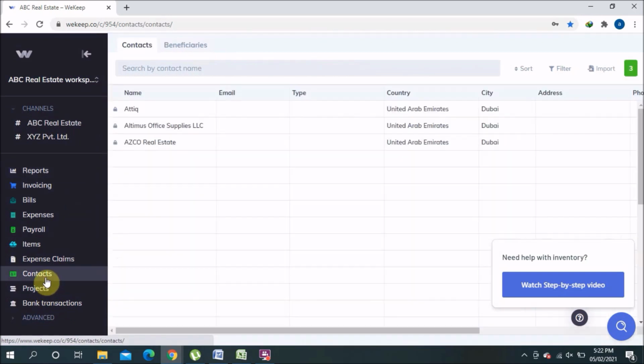Here you have to add contacts. So in the contacts you have to add different, for example, multiple things for supplier and vendors, supplier and customer both sides. So you can see here,